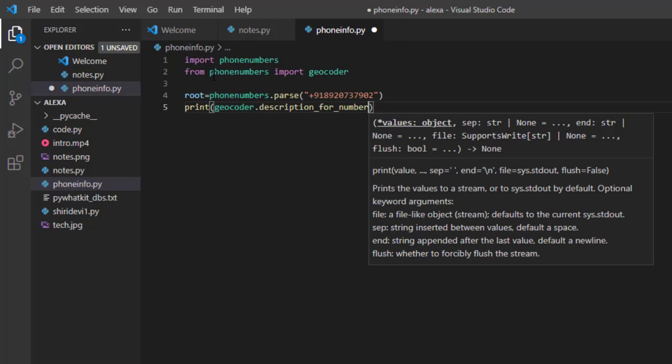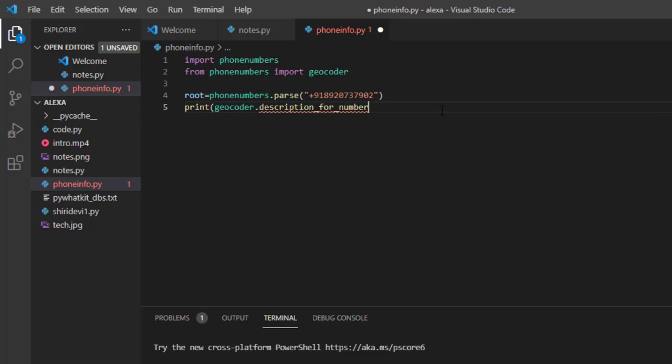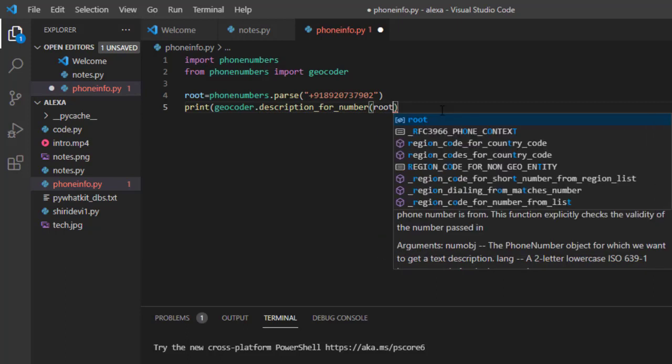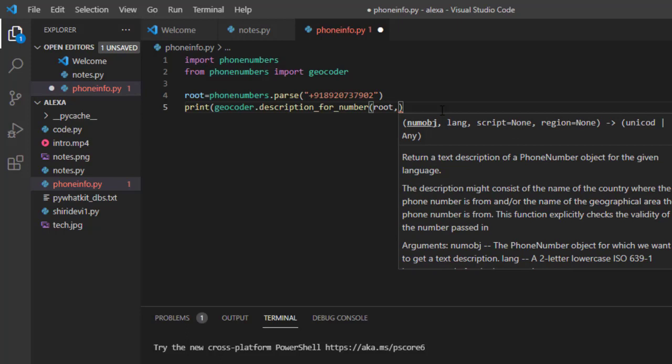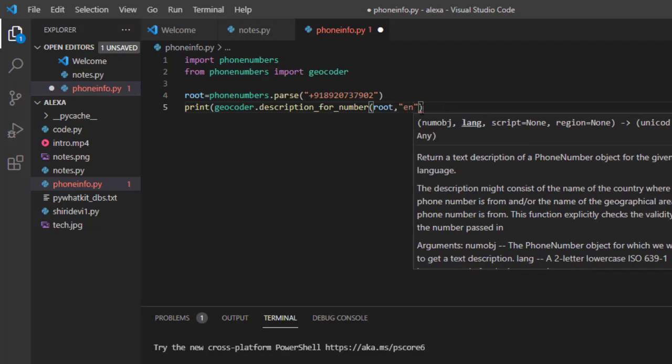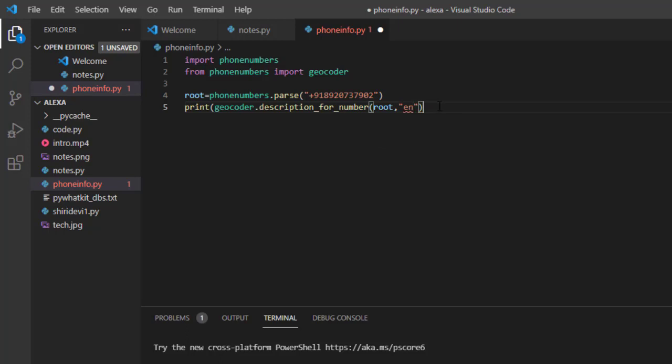In this, we need to call the variable which is root, the variable which you gave, comma, and in the brackets "en" is for the language. Here I am using en for the English language. So